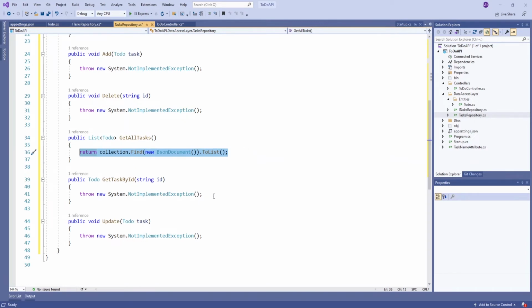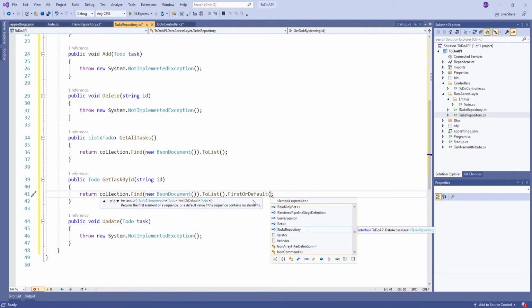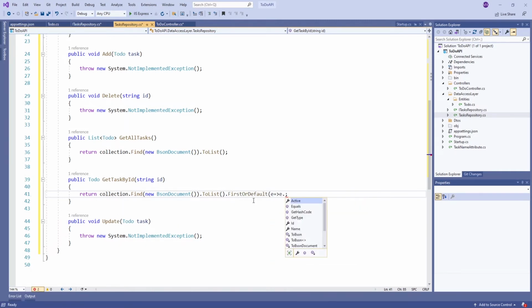Copy this, paste it in get by id, and then .FirstOrDefault e.Id equals the id that we have passed,